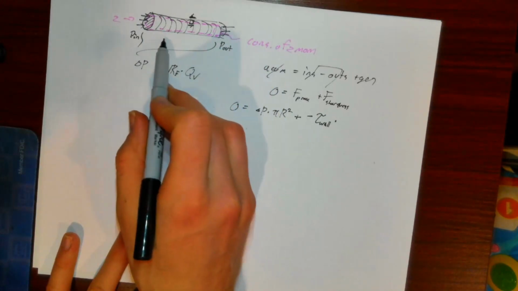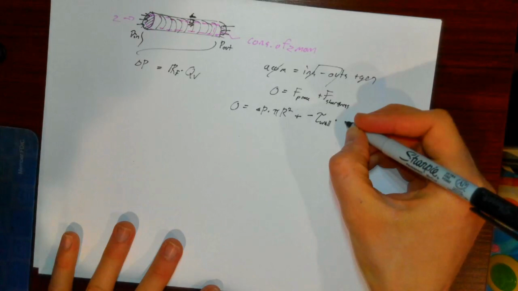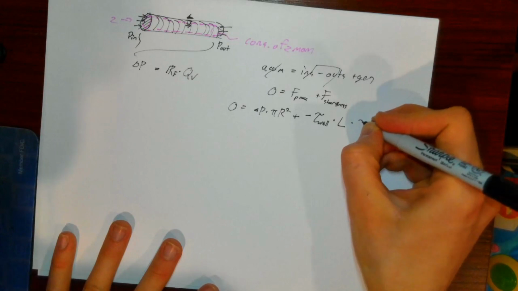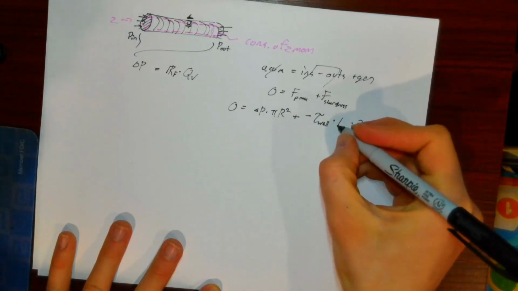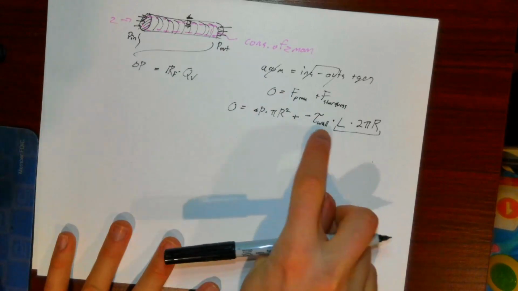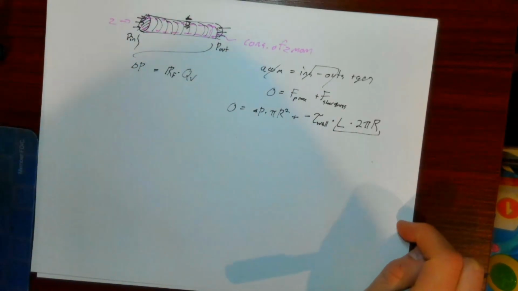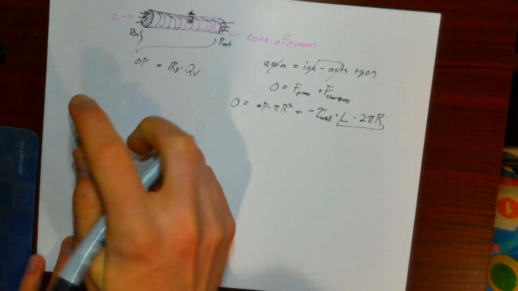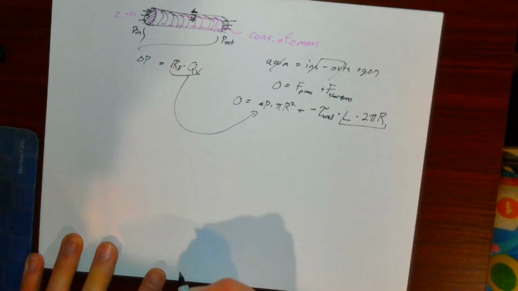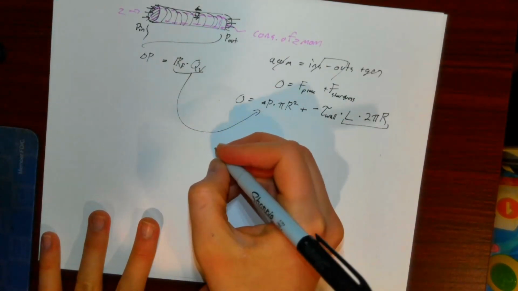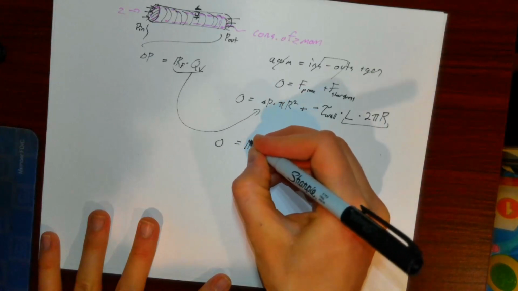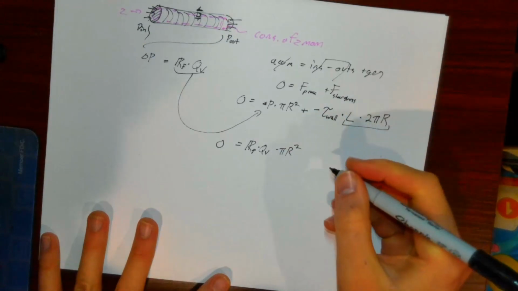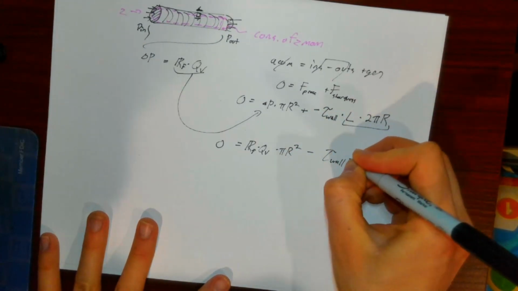So what does that look like? It's basically tau wall times the length of tube that I have, times 2 pi r. So this is essentially the area of this unwrapped rectangle, which is the area that shear stress is acting on. All right, so what does this mean? I can basically take delta P and plug this in terms of volumetric flow rate. So what does that look like? 0 equals my fluidic resistance times my volumetric flow rate times pi r squared minus tau wall times L times